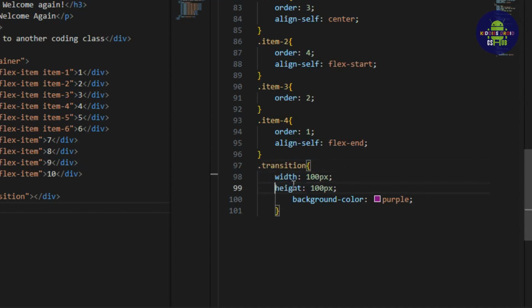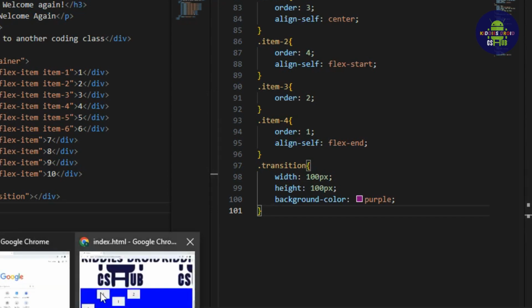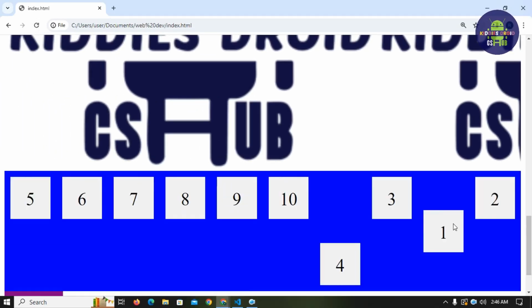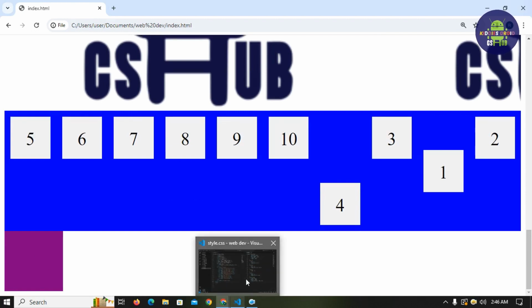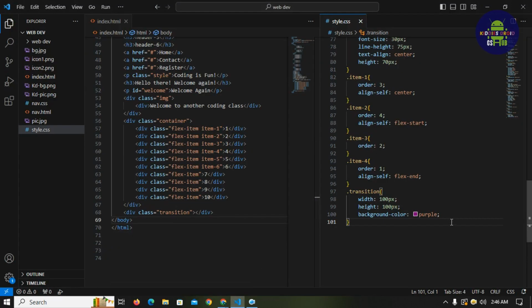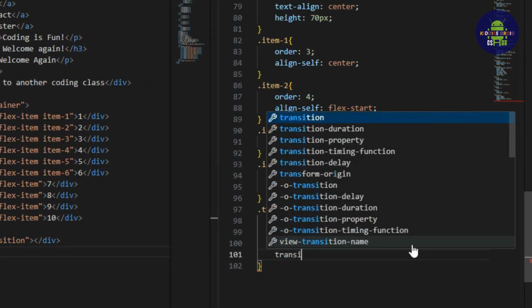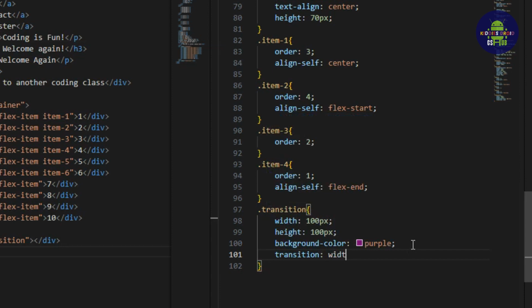So I have a div with class transition, and I give it a width and a height of 100 pixels and a background color of purple. Now, we are just going to have a box or square on our browser like this. So we want to add a transition effect to this box. Now, I mentioned earlier that you need to specify the property you want to add your transition to. So let's say transition width